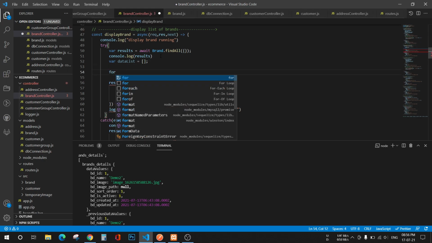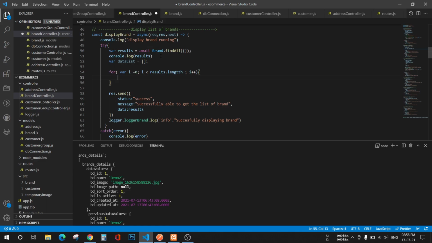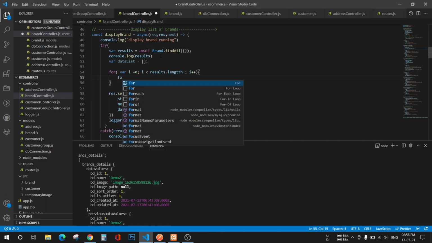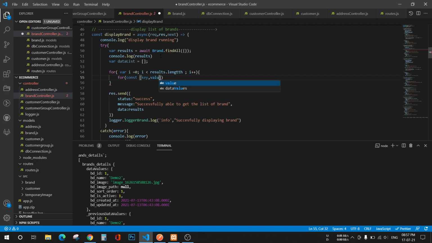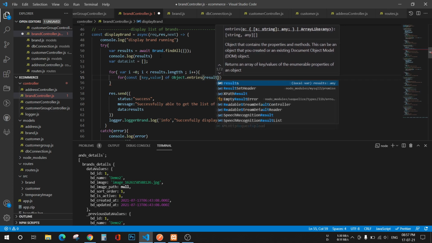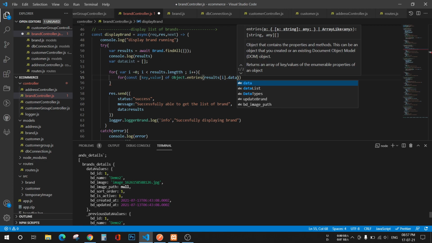So results dot length, this is the for loop which will loop inside the results, and there will be one more for loop which will loop inside key value pair of Object dot entries results i dot data values, since we have everything inside data values.